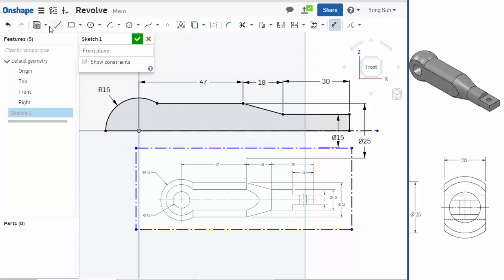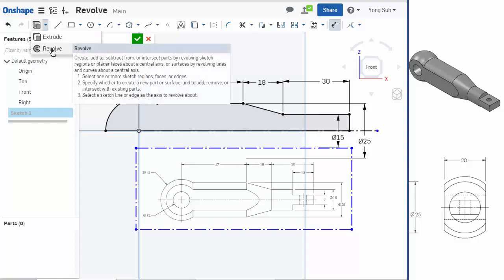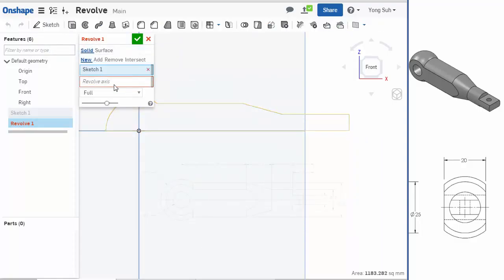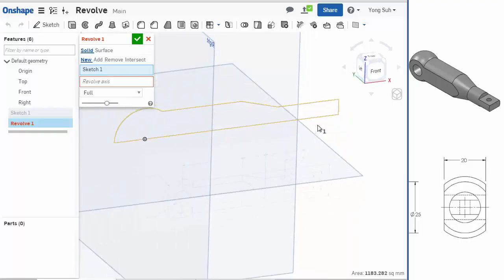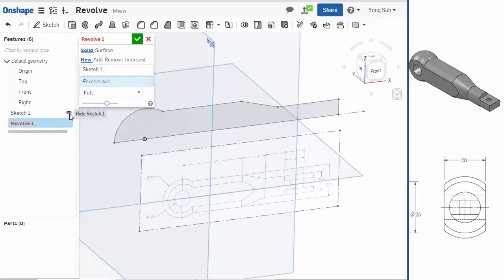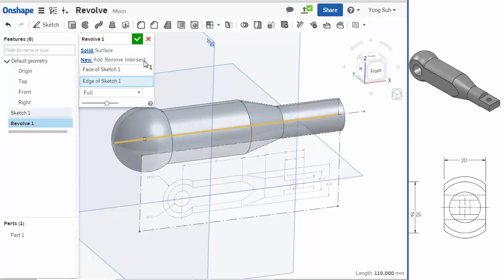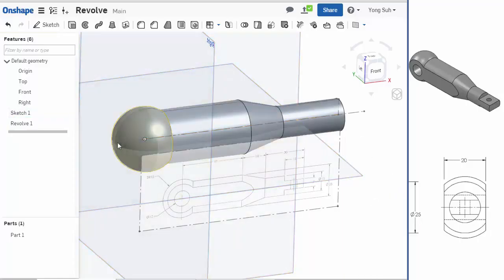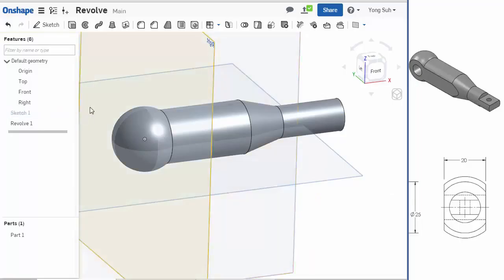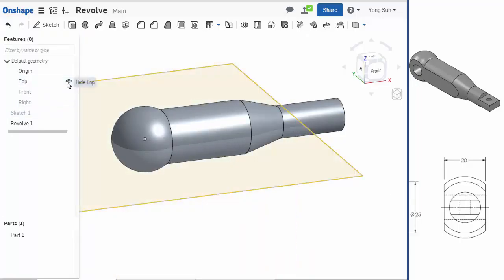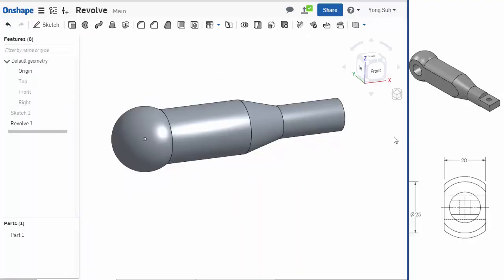Now we need to go to revolve. Okay, select the revolve, and you need to select two things. One is the sketch, and the other is the revolve axis. So you need to select the sketch, and for the revolve axis, the axis, or this center line or just a line, it doesn't matter. I want a full revolve, say OK, and then you got the base part. So I'm gonna hide that sketch and also the other planes. I need to create this cut,